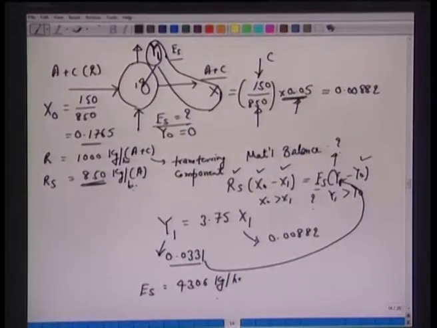Okay. So, it was a very simple problem. Two streams are brought in contact, they spend a good amount of time there so that the exit concentrations are in equilibrium, and we have been asked to determine the solvent requirement. We wrote down the species balance: whatever is transferred from the R phase goes into the E phase, raffinate to extract phase. Then we apply the equilibrium equation for the exit concentrations y1 and x1. Then we have two unknowns, two equations, and we have solved it.